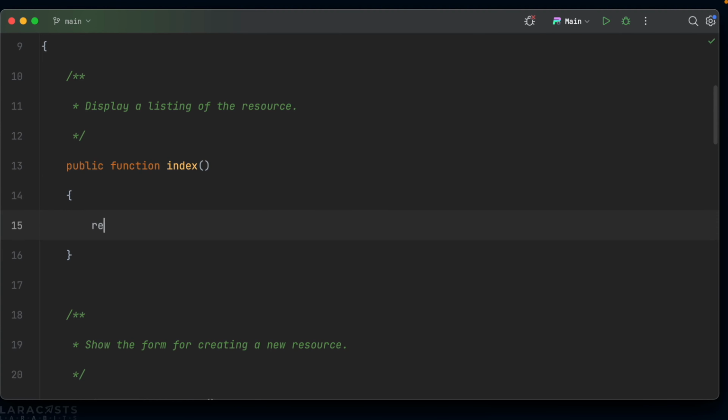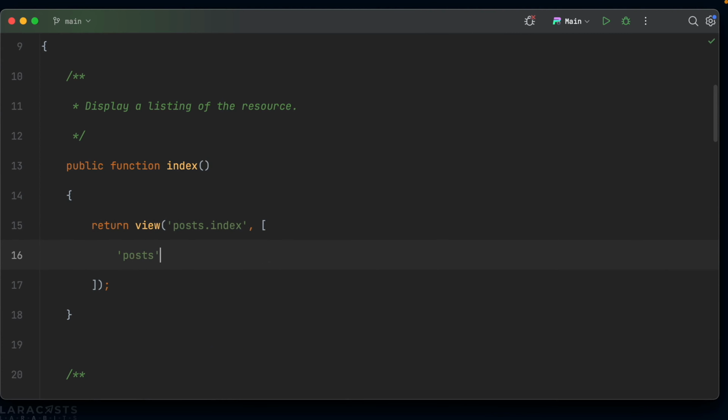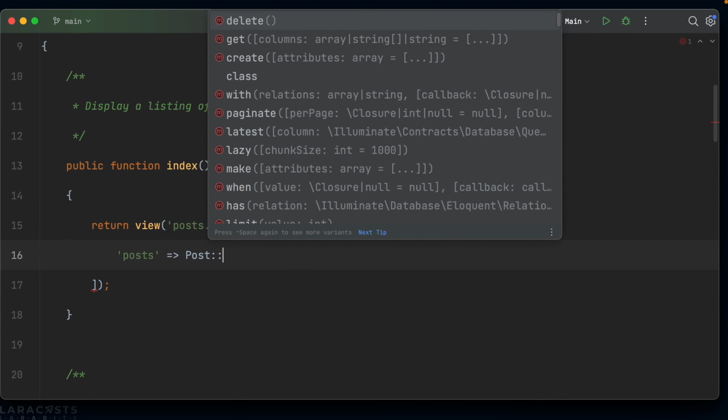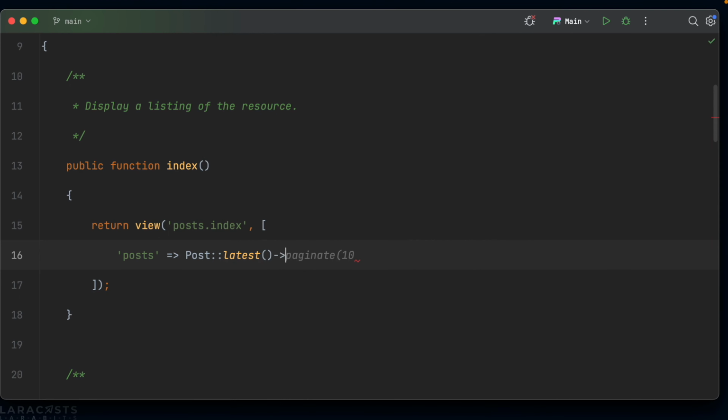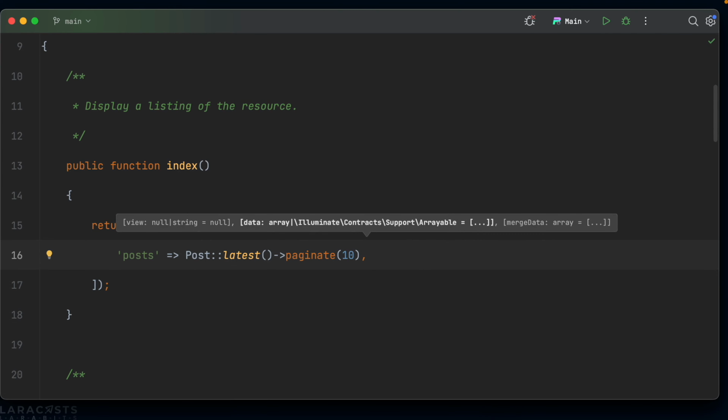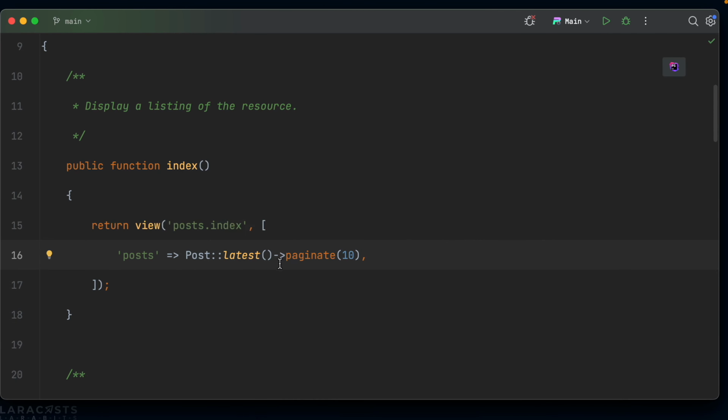Inside our post controller index method, I'm going to return a view to posts.index. We're going to need to pass it the posts from the database, so I'll go ahead and grab them by using the Eloquent model we set up earlier. I want them in latest order, and I'll paginate them in tens so that we don't load all of the posts in a single query. I'm also going to eager load the user relationship with every post so that we avoid N+1 problems and performance